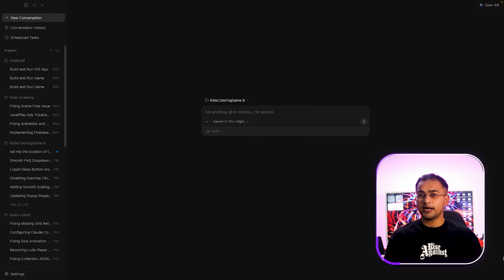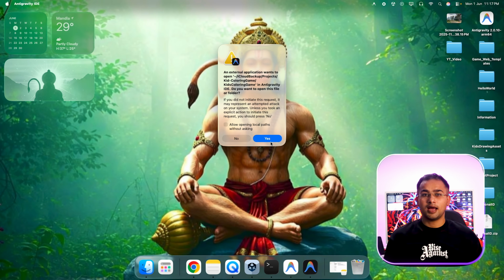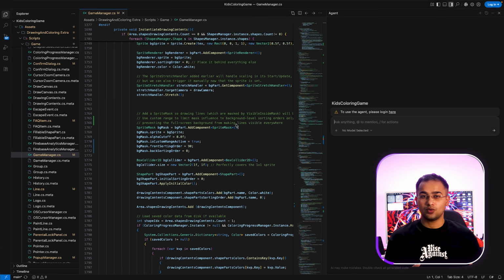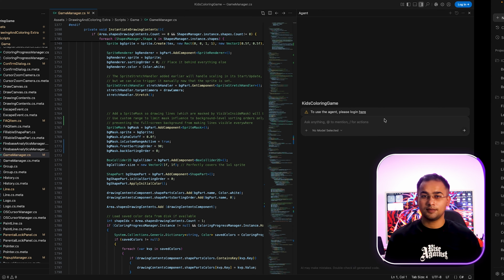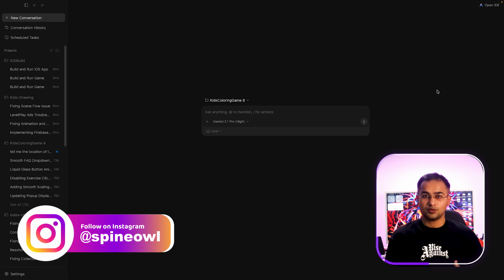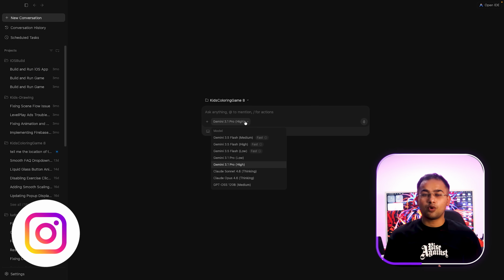If you go to the top right bar, you can see Open AntiGravity IDE, so you can just click here and again it will ask for permission. I'll simply say yes, and here I opened my old AntiGravity IDE as well. So here I can basically toggle between the old one and the new one. If I want to work with the old AntiGravity, I can do it. These are the models which